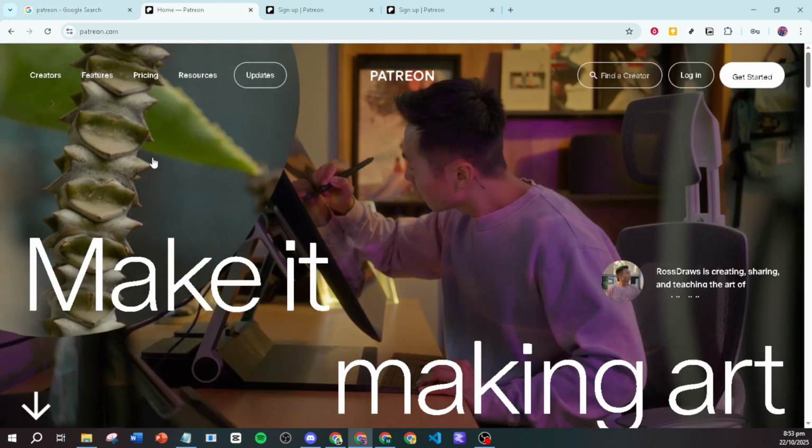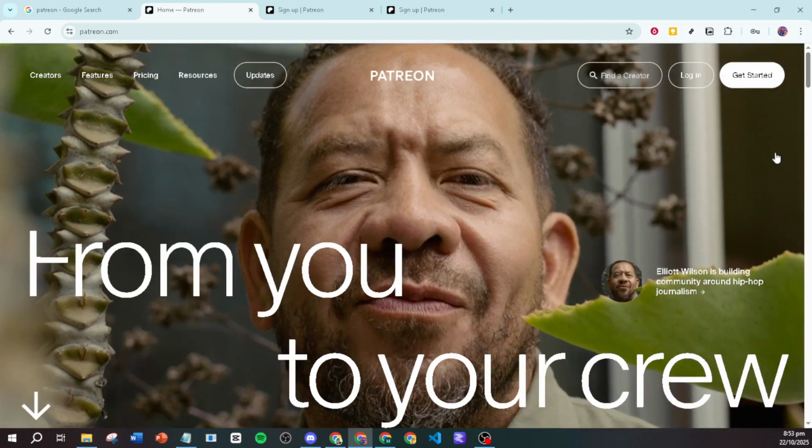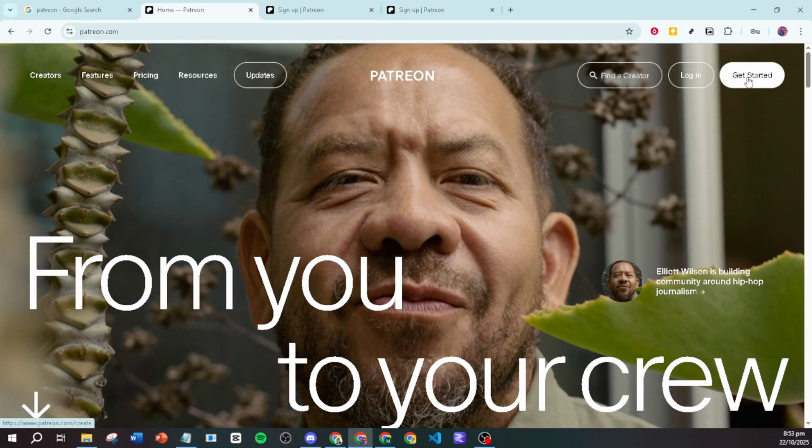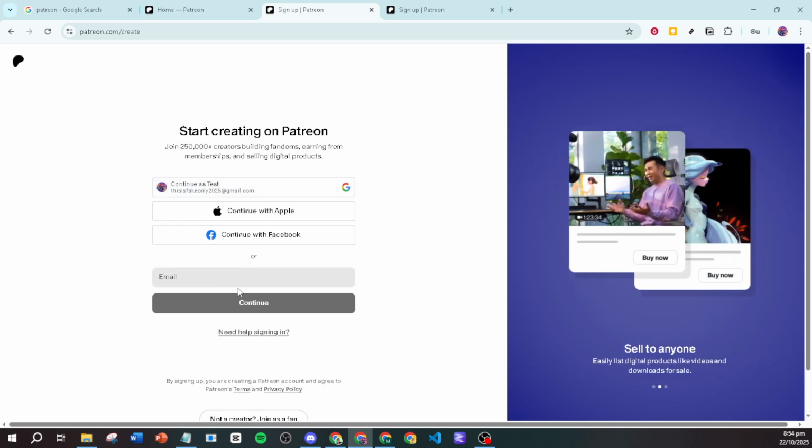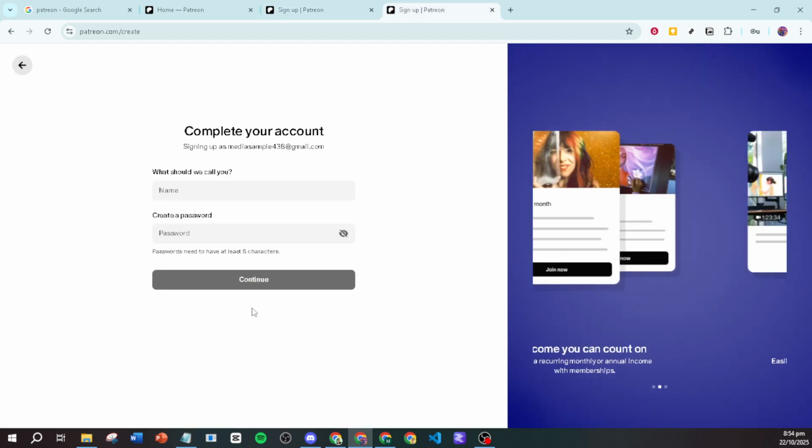First, head over to patreon.com and locate the Get Started button. Clicking this will initiate the process of creating your account. As a new user, you have a few options to sign up. You can use your email address or opt for a quicker way by logging in with your Google, Apple, or Facebook account. Choose the method that works best for you and remember to keep track of your login credentials for